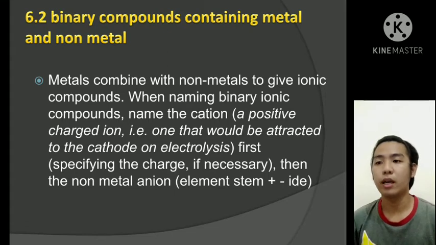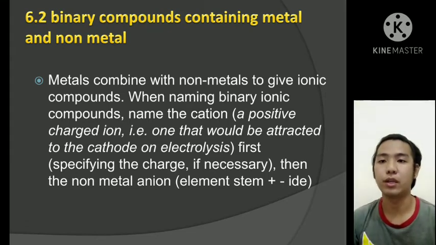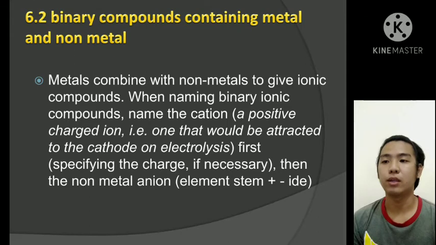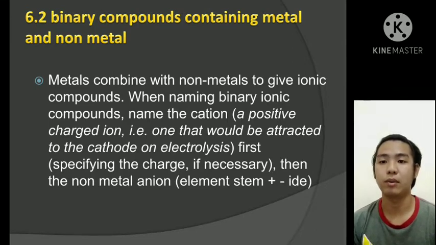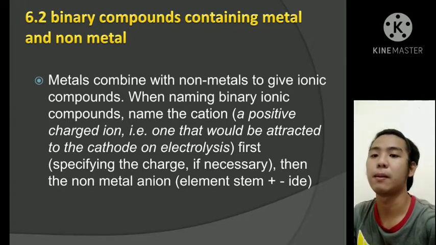When naming binary ionic compounds, name the cation first. A cation is a positively charged ion, for example, one that would be attracted to the cathode on electrolysis. First, specify the charge if necessary. Then the nonmetal anion element is named with its stem. Example: